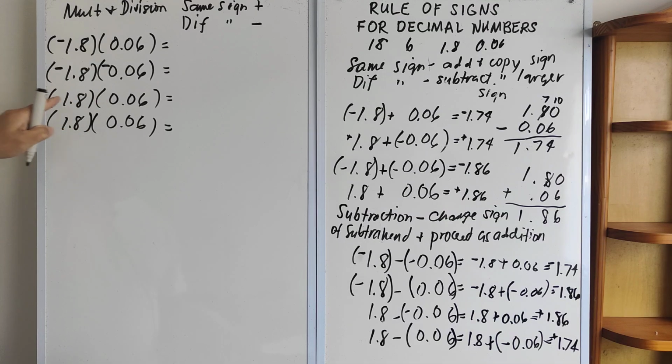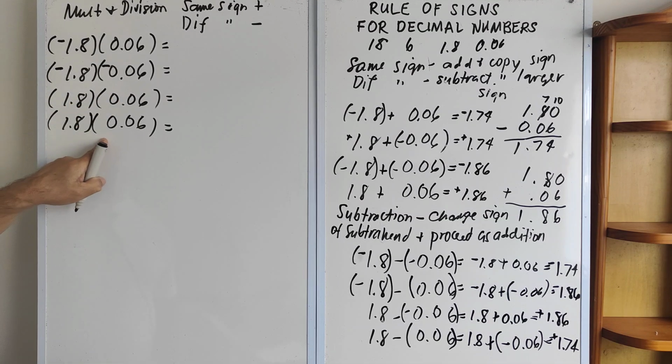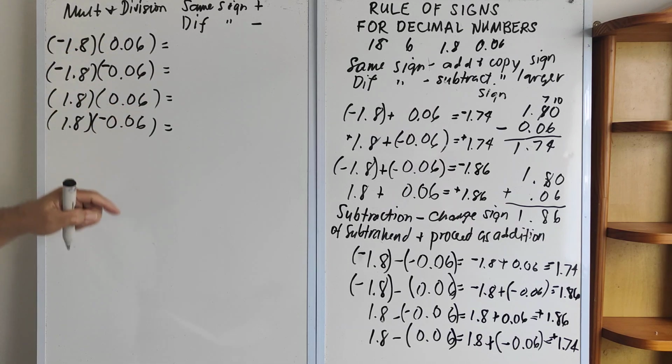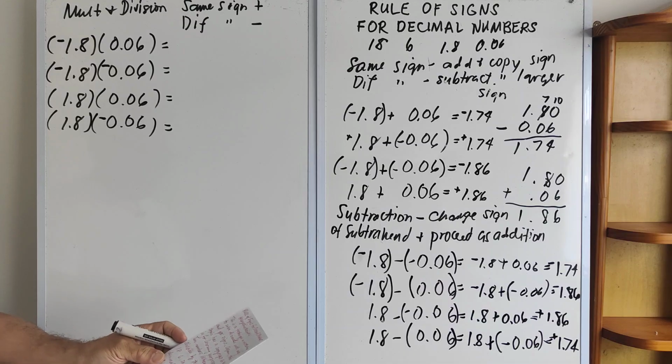In here, let's say both positive. And then in here, let's get the second term negative. So let's see, first term, both negative, both positive, second term. Now let's multiply this one. If we multiply that one,